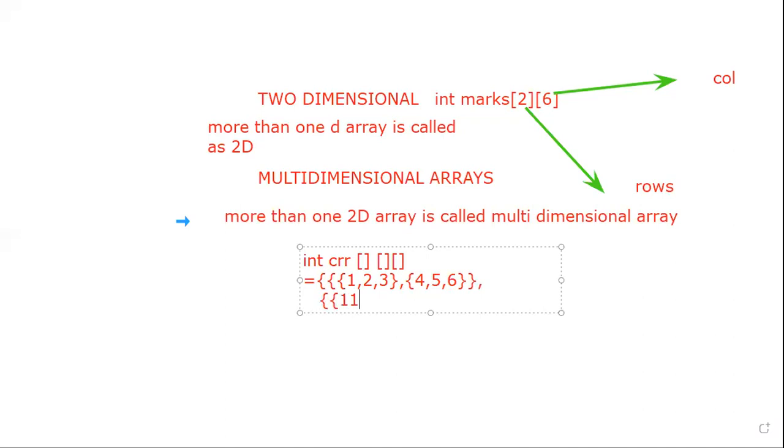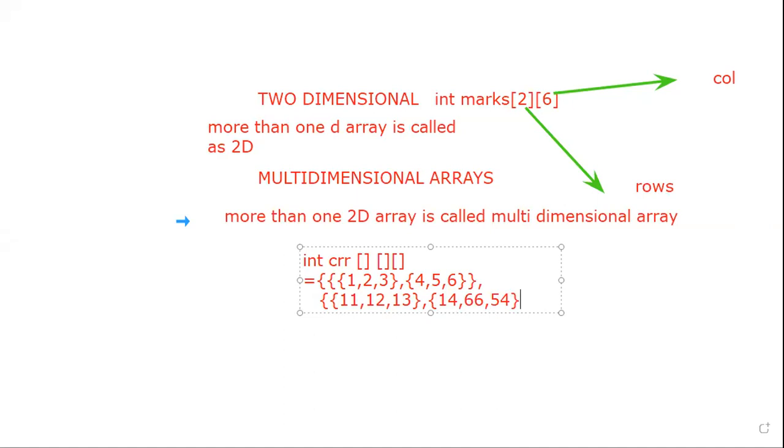For example, 11, 12, 13, likewise 14, 66, 54.